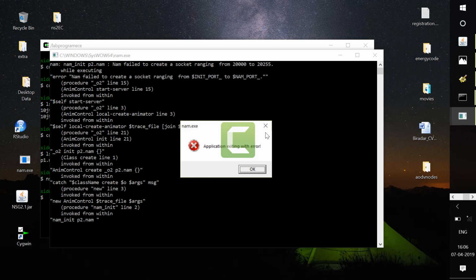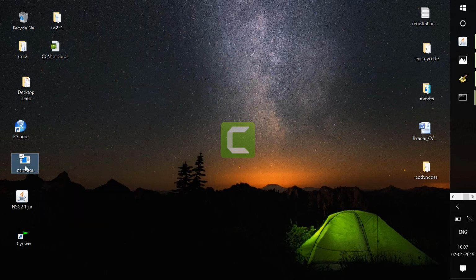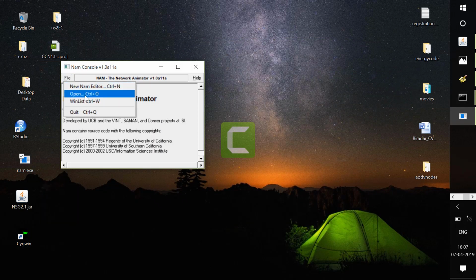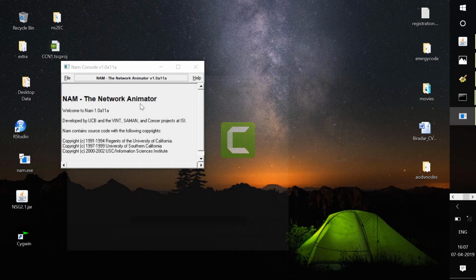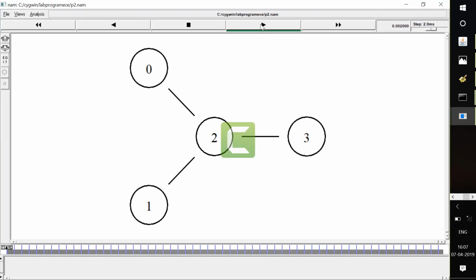Same as NAM, you can see it can't run in Cygwin, so you need to install a software or just download it. Just open here, then you can check out the transmission of packets from the source. First TCP packets are transmitted from 1 second. You can see there, 1 second. The acknowledgements are reaching back to node 0, that is the source, from N3. After a certain period of time, that is after 50 seconds, you can see UDP packets are transmitted.